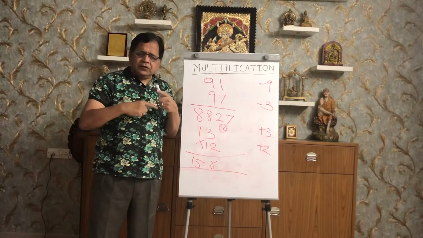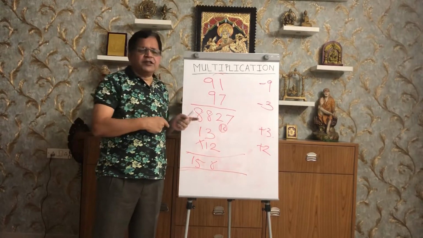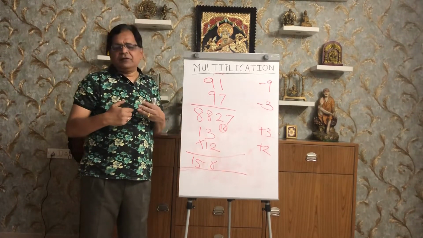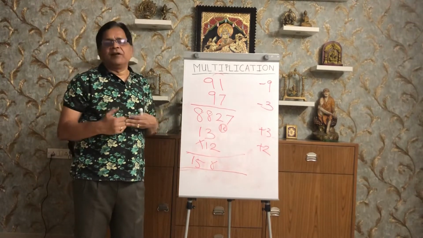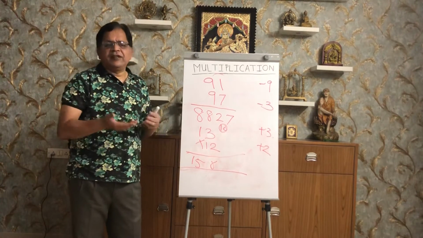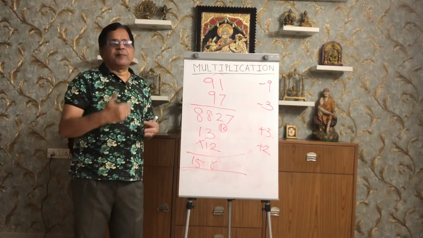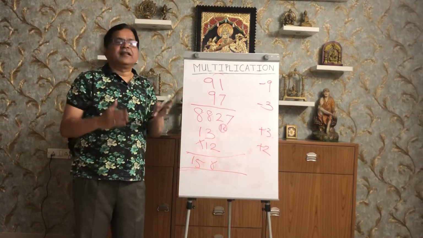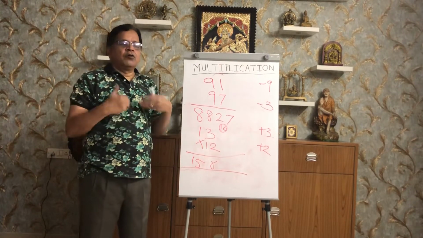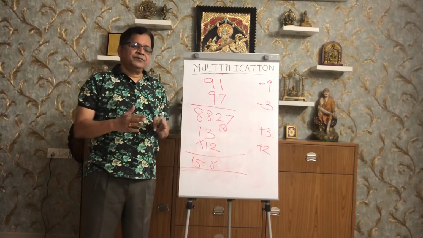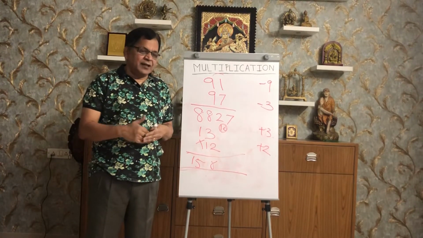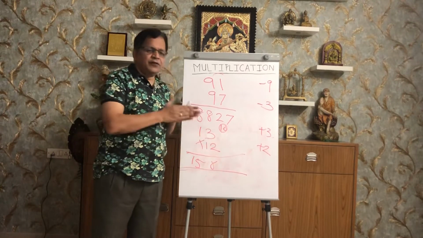Now, you may try like this, any 2-digit number, it will work. But it becomes complex when you are told to multiply numbers like 73 into 77 or 45 into 46, because here, if you take 100 as the base, you will get a huge difference, and then you may end up multiplying huge numbers on the right side. So there is a methodology wherein if I have to multiply 73 into 77, I can take 70 as the base and proceed. I will stop here for the time being.